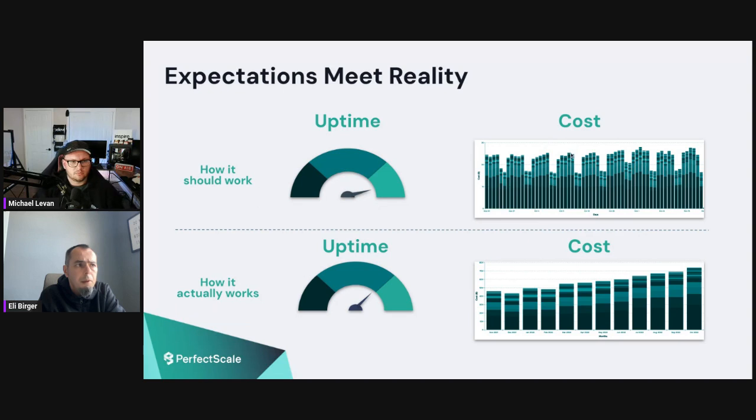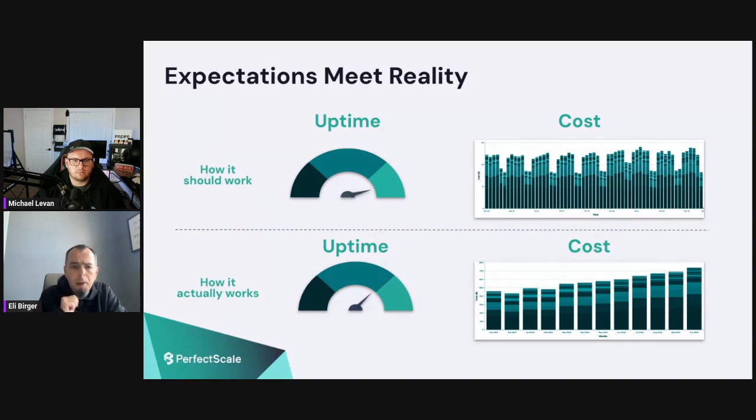When I have high load during the working day, I pay more, but everything scales down in the evening and at the weekends. However, when I evaluated what happened in reality, this is what I saw. My uptime was not as I expected. Moreover, my cost constantly grew. So I tried to understand